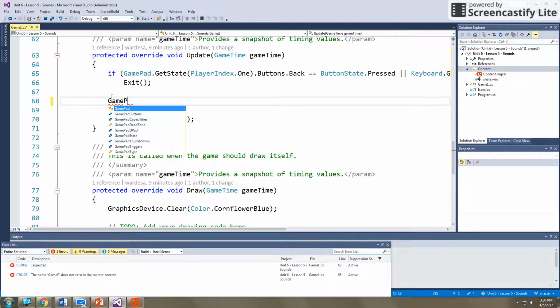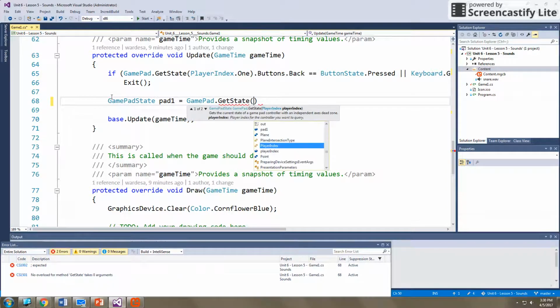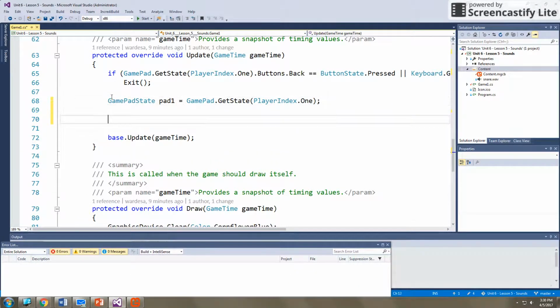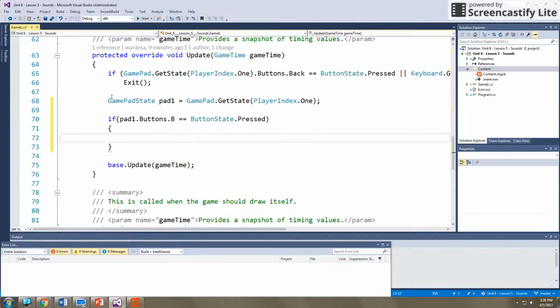So let's do a gamepad state object. We're going to call it pad1, which is equal to gamepad.getState, and we're going to use player index one. So we've got that gamepad in there, and what we're going to say is, okay, if, let's do the B button. So if pad1.buttons.b is equal to button state.pressed, well then what I want to happen is I want the snare